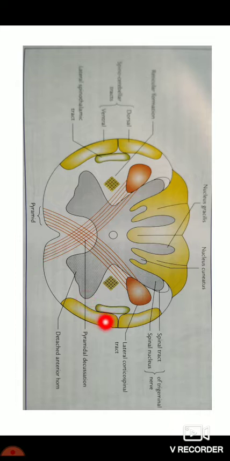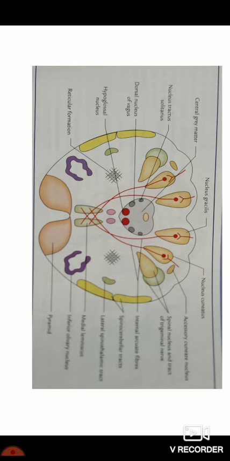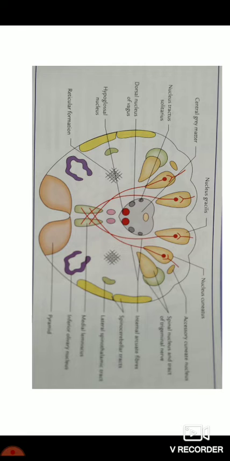And at this level, we will also see in the lateral white column the dorsal and the ventral spinocerebellar tracts and the lateral spinothalamic tracts. So it was at this level that we have taken this section. The next section we will take